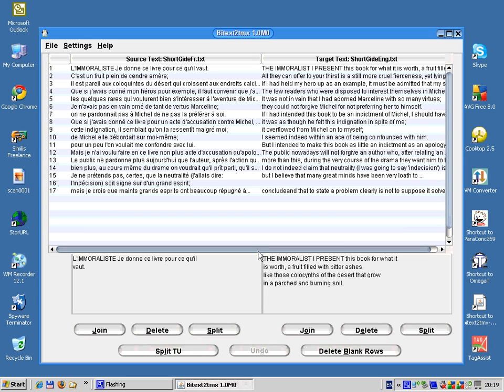Okay, now as you can see, the texts appear side by side, and down below here you can see that what is being displayed in the left-hand window is what it thinks is the first segment, along with the target first segment. Well, that's clearly not right. So